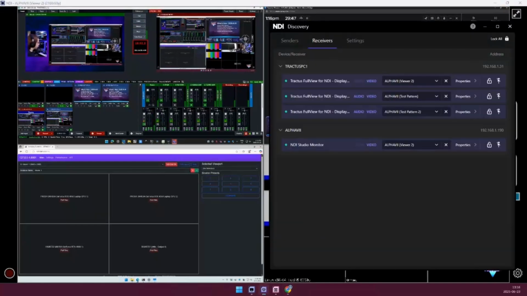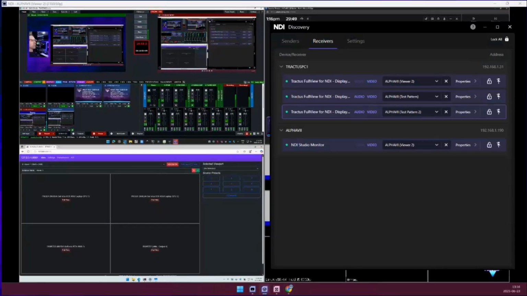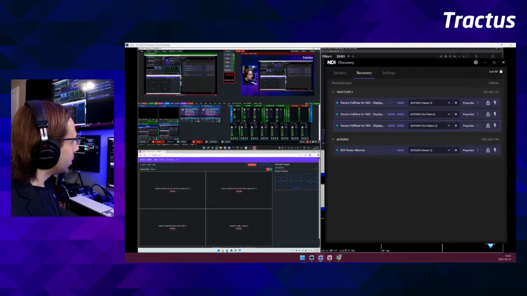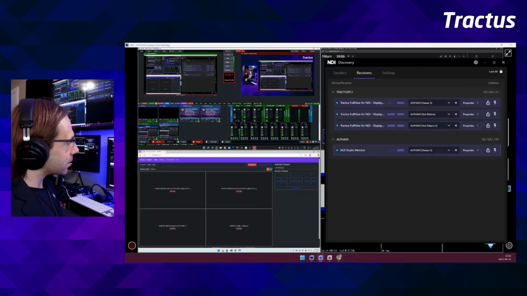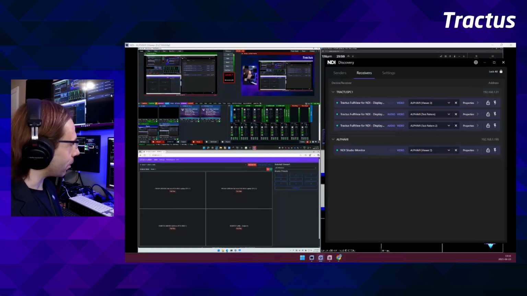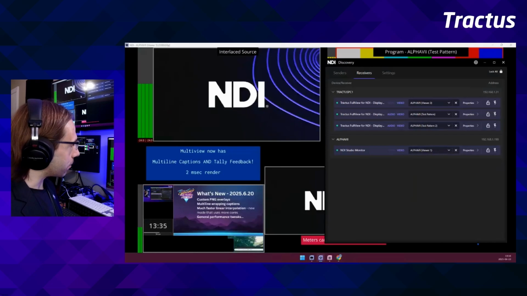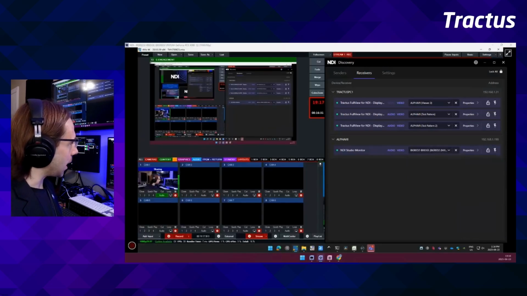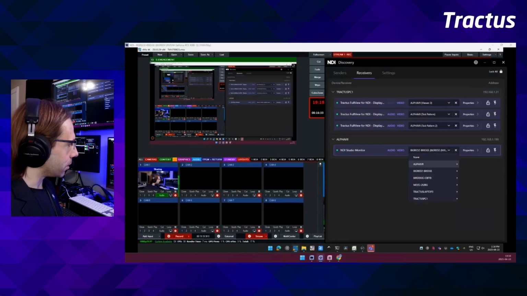And by the way, if you've not installed NDI 6.2 yet and you've not played with Discovery, this is so cool. So Studio Monitor, if I have Discovery set up, appears as an NDI receiver that I can then tell to tune into a different Multiview, or a different NDI source in general. Like, oh, I want to see the remote desktop here. All right, cool, got it. So I can do that through Discovery.